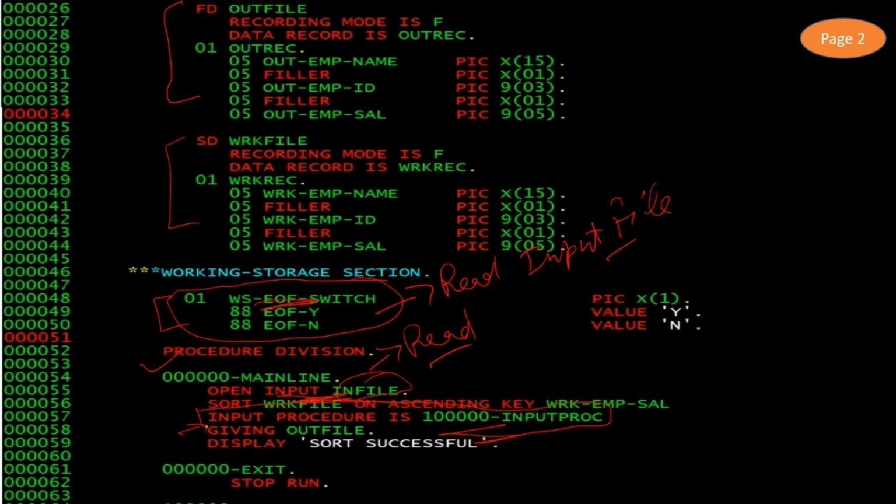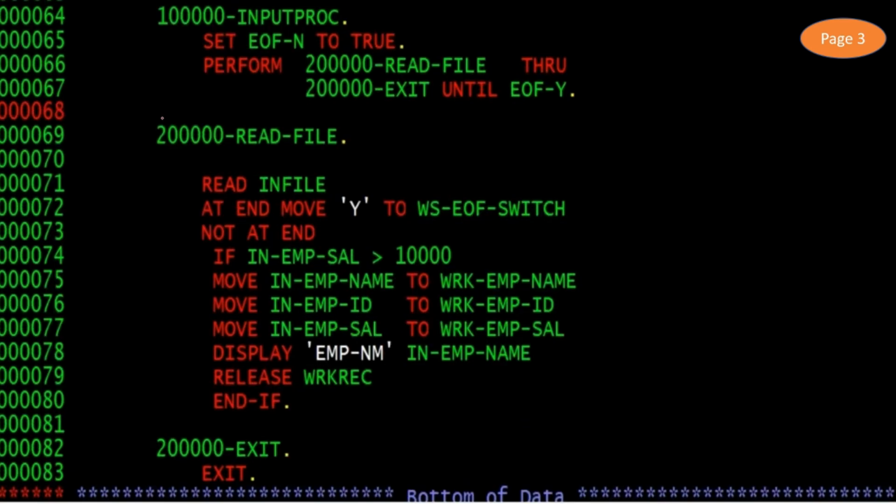We have not changed the GIVING output file. We have just changed the input procedure here, and then we are displaying that the sort is successful. So first of all, in the sorting process, it will call this input procedure.